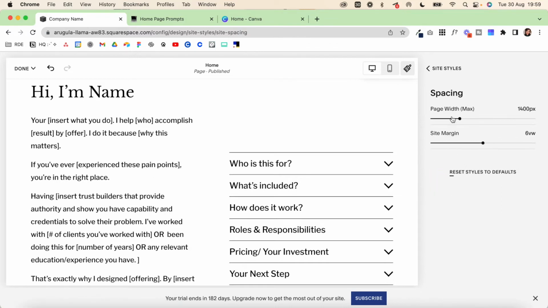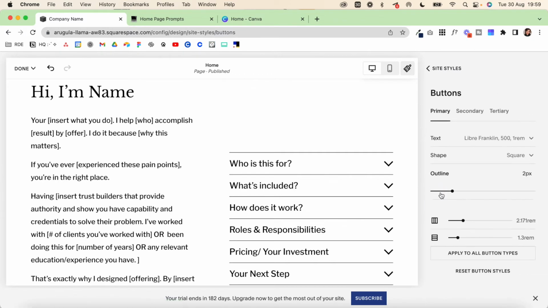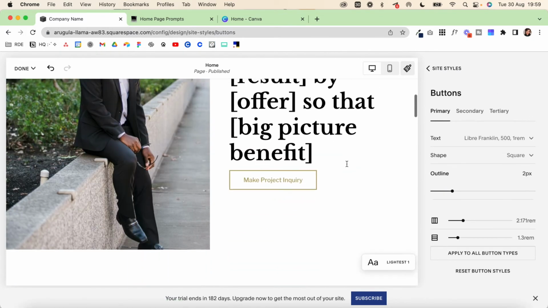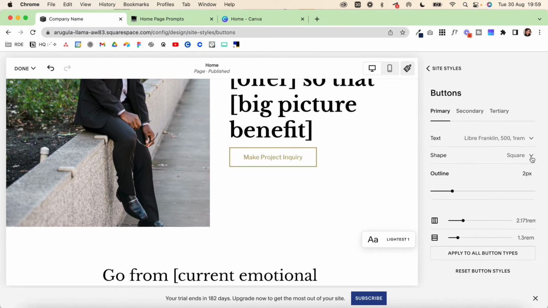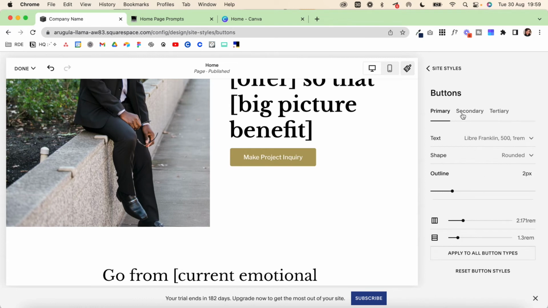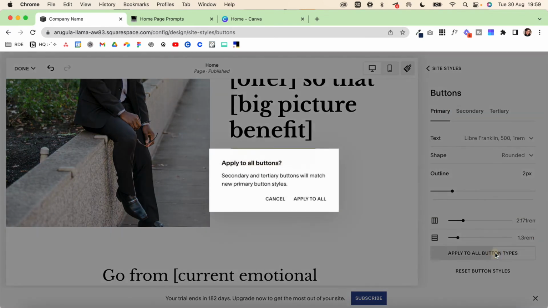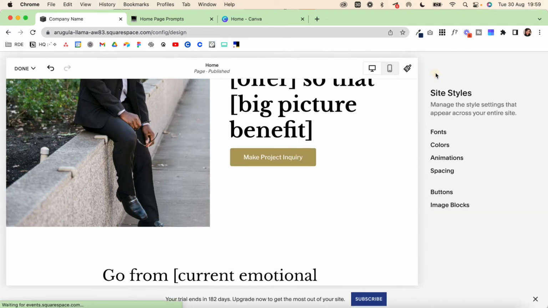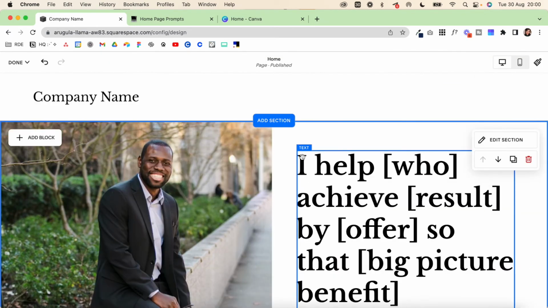Under spacing, you can adjust the page width and the site margin, and then under buttons, you can adjust how your buttons look. So right now we have them as this square block. Now I can change this and make it rounded and fill it. Now I can change out the settings for primary, secondary, or tertiary, or I could just click and apply to all button types. Come back out, hit close,